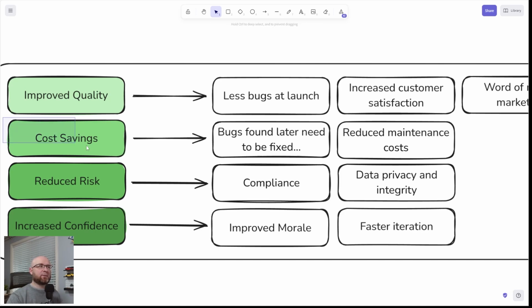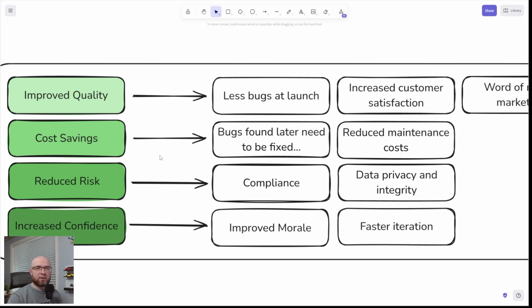Next, cost savings. Again, this isn't obvious. Tests also cost money, right? Because you need to spend time writing them. Somebody's getting paid for that. But if you think about it long term, you do save money later, because if you have tests and you find the bugs early on, you don't need to fix them later, which results in reduced maintenance costs.